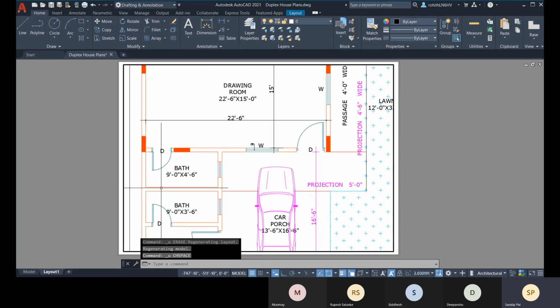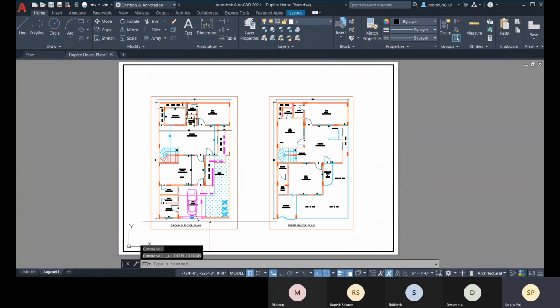That's why you are getting 9 feet as 4 feet 6 inches, 3 feet 6 inches as 2 feet, right? So that's what you are getting. I hope you understand how we print out, how we make our file ready for the printout,